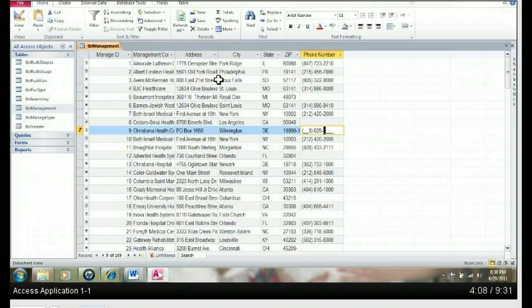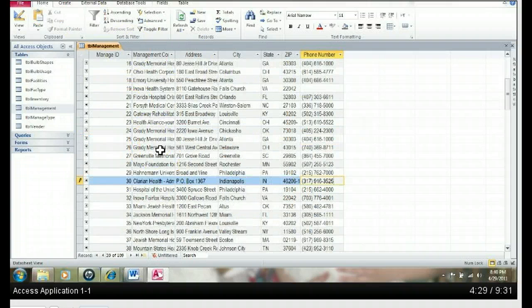And you see that these fields are already set up this way, and you should have learned already that you set up these fields in the design view, and right now you're in datasheet view. Okay, I'm going to make the other changes.